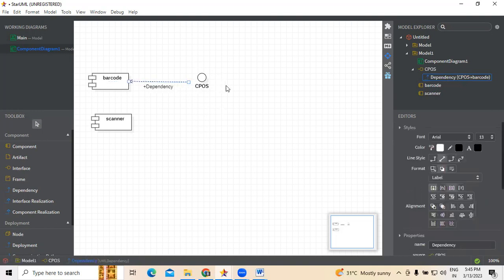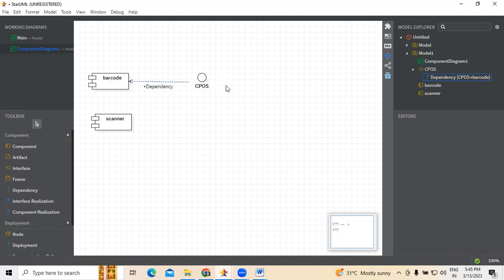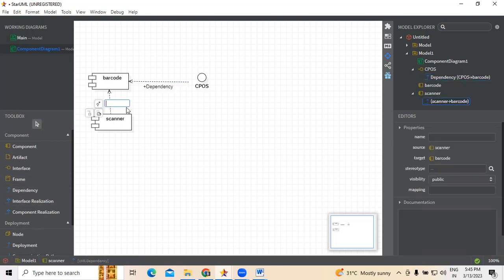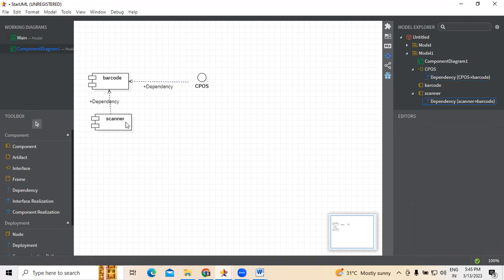That's what has to be understood. It's not only the barcode, you need to have the scanner as well. So there is a dependency here, which is called scanner.